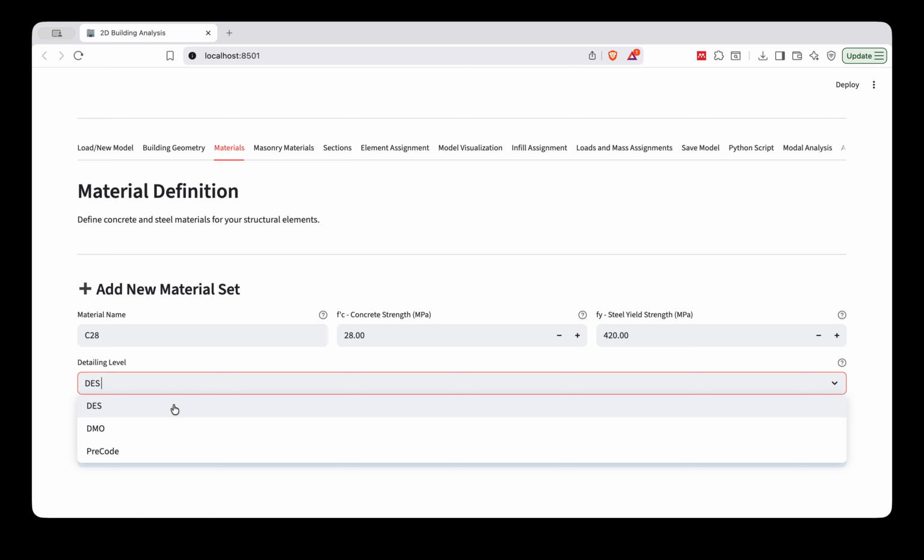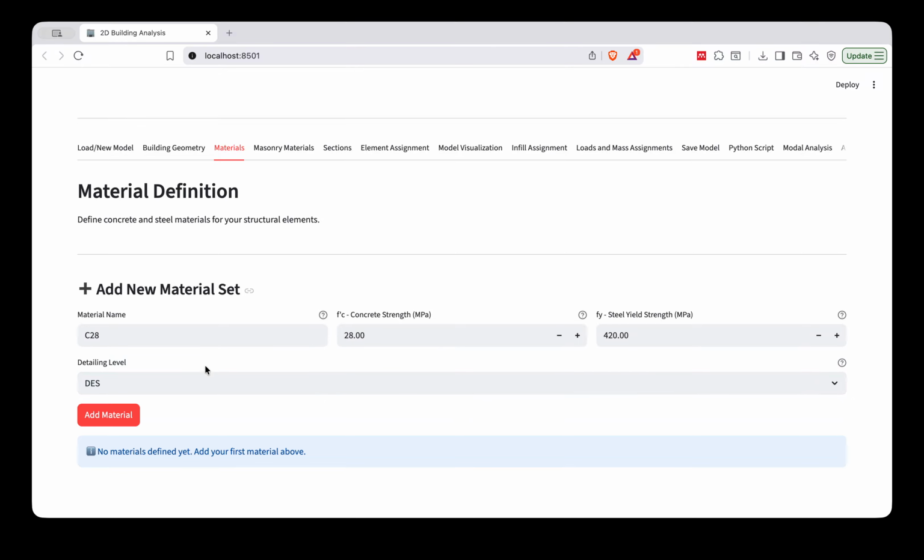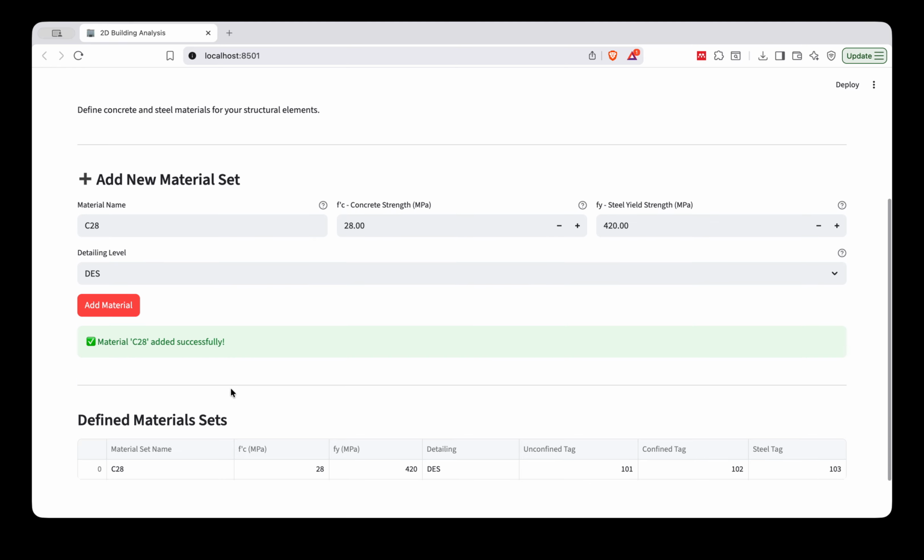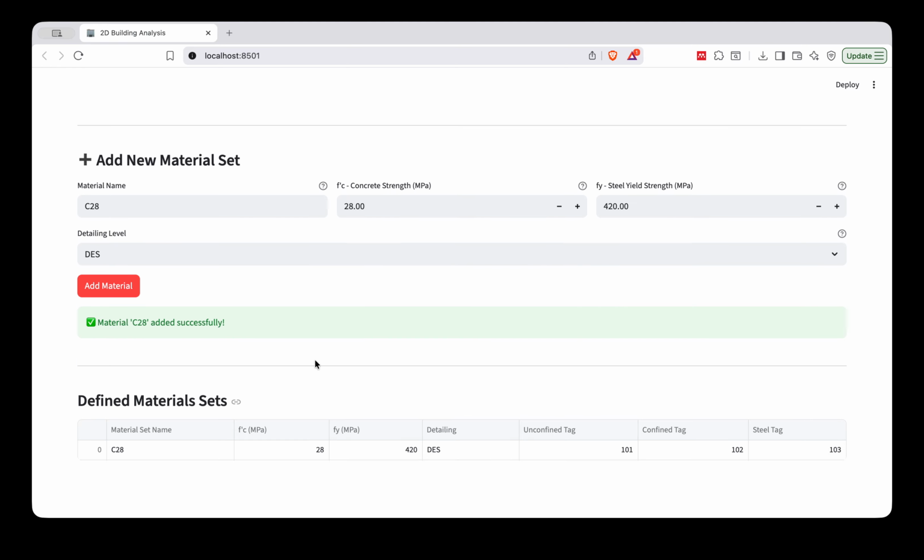DES, which corresponds to the special detailing of the ACI 318. DMO, that corresponds to the intermediate detailing, and pre-code, that is widely representative of buildings before the enactment of building codes. Once you define your model, you will see here that it was created, and